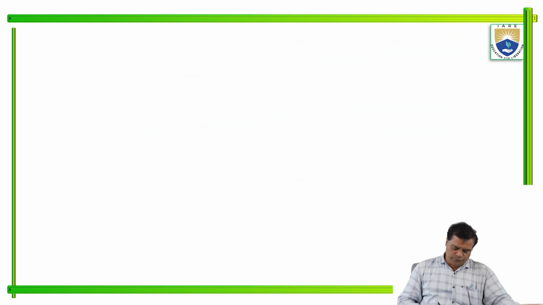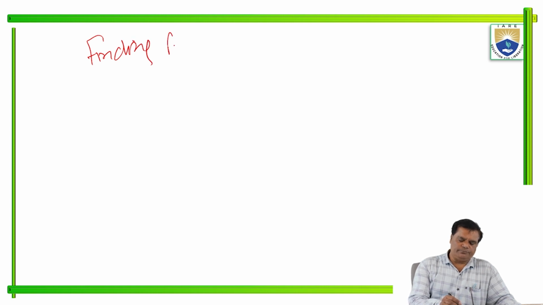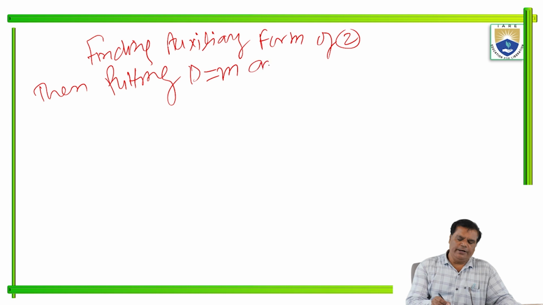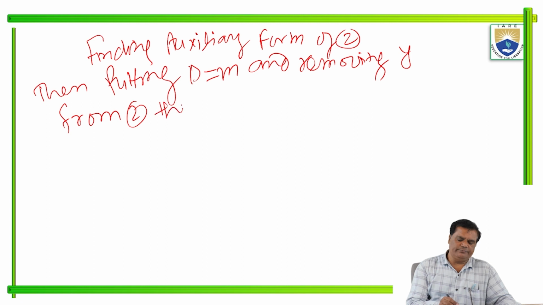Now finding the auxiliary equation of 2, putting D equal to m and removing y from 2. Then we get here